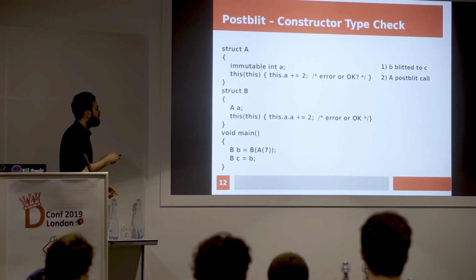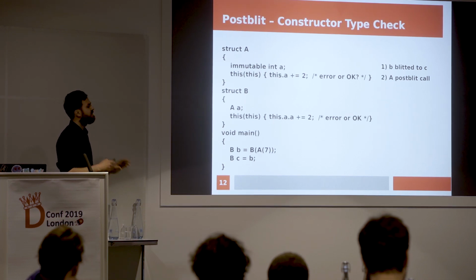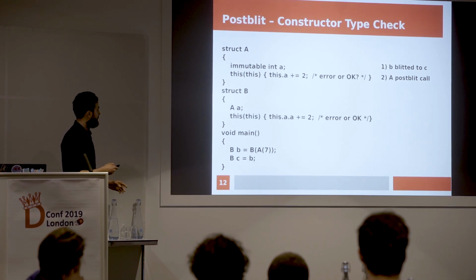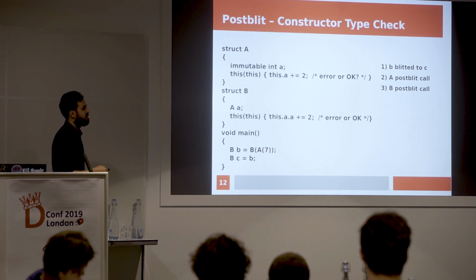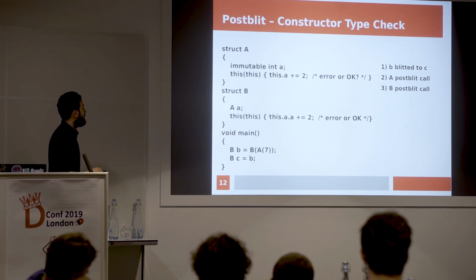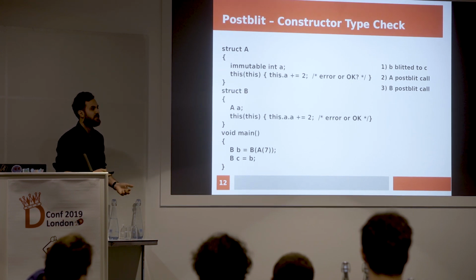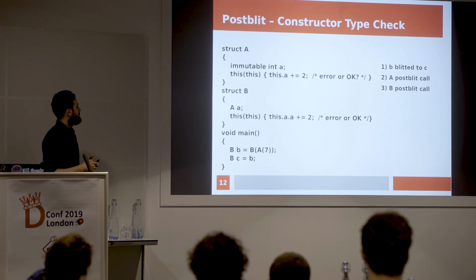So we're initializing an immutable field, and we made this compromise, so it's okay. But then, when B's post-blit is going to get called, is this okay or not? Is it initialized or is it not? So if we make the same compromise again, then we're initializing a variable for the second time. So this is basically,